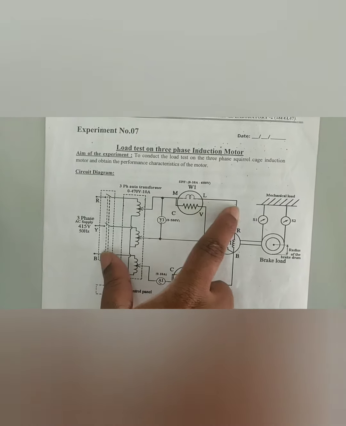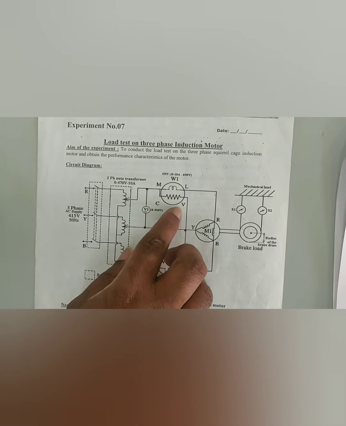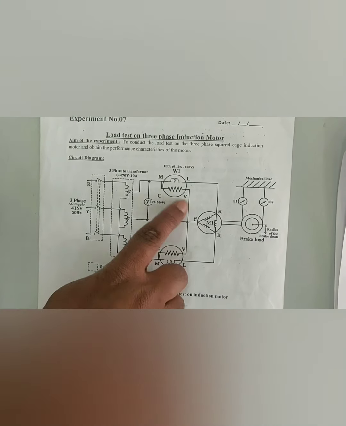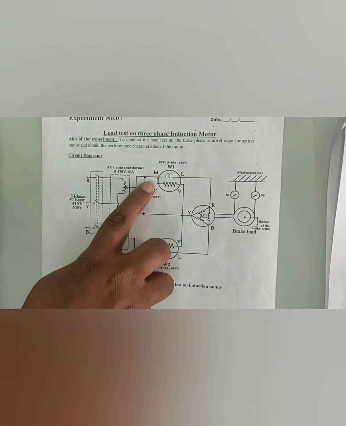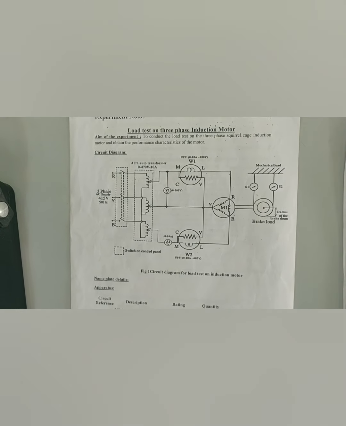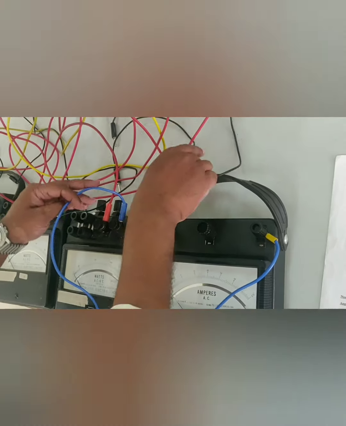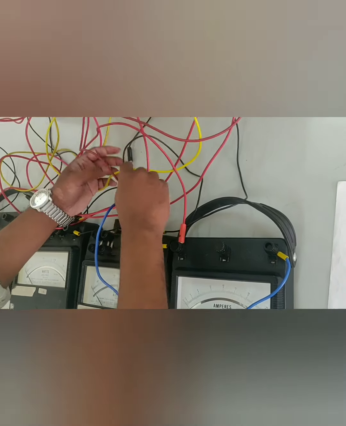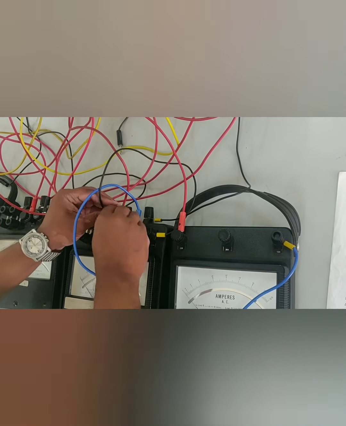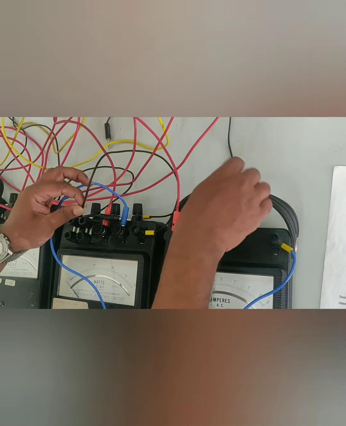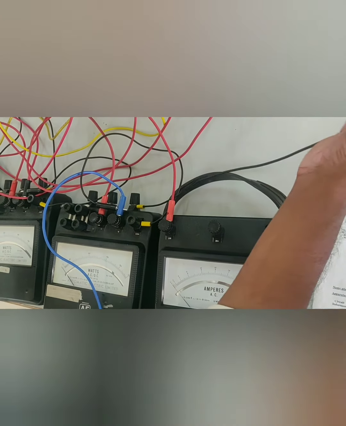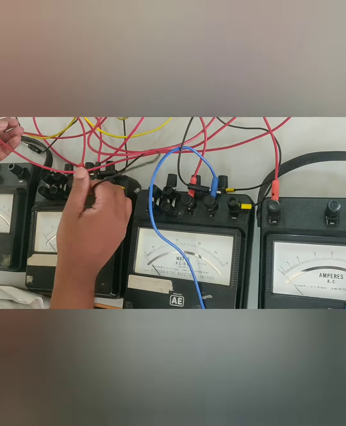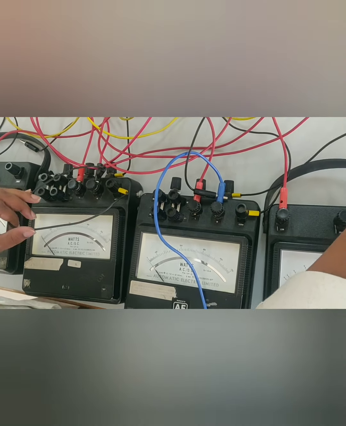Now these series connections are over, but we still have to do the V point connections and the voltmeter connections. First we have to short M and C of the wattmeter. Here you can see the M point and C point are shorted with thin wire. As I told you previously, you have to use thin wires for C and V connections. Here also M and C are shorted. In both wattmeters, M and C are shorted.